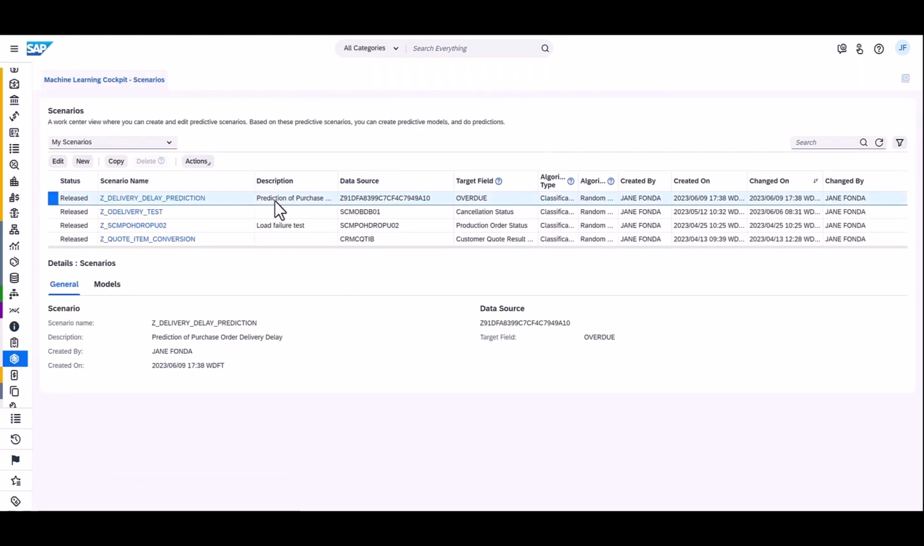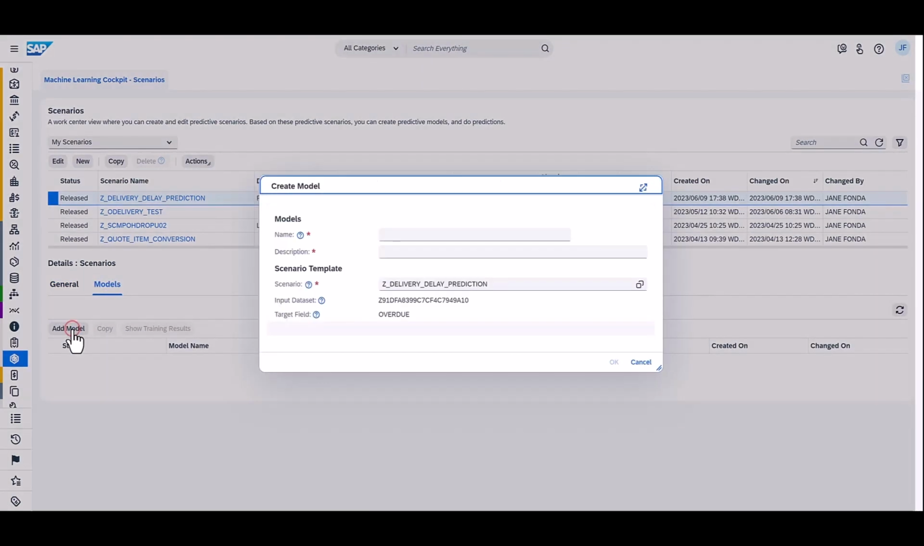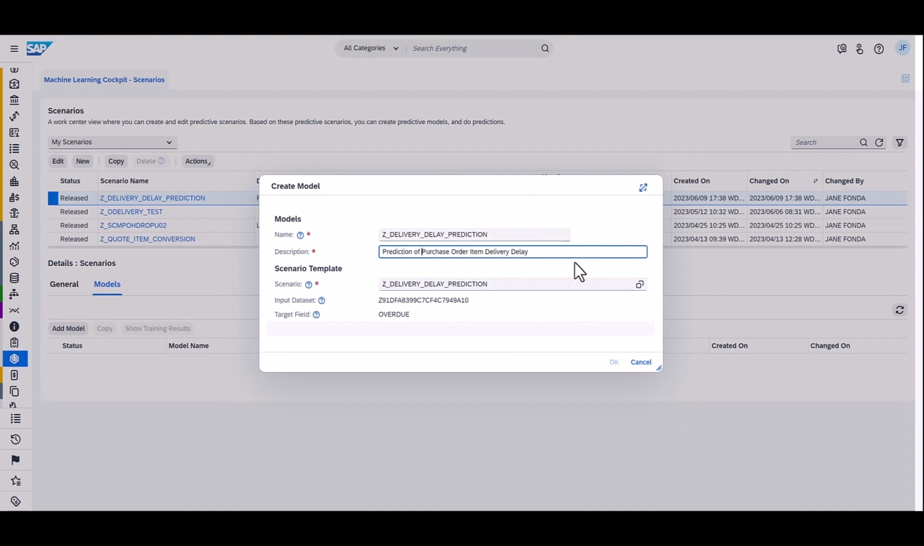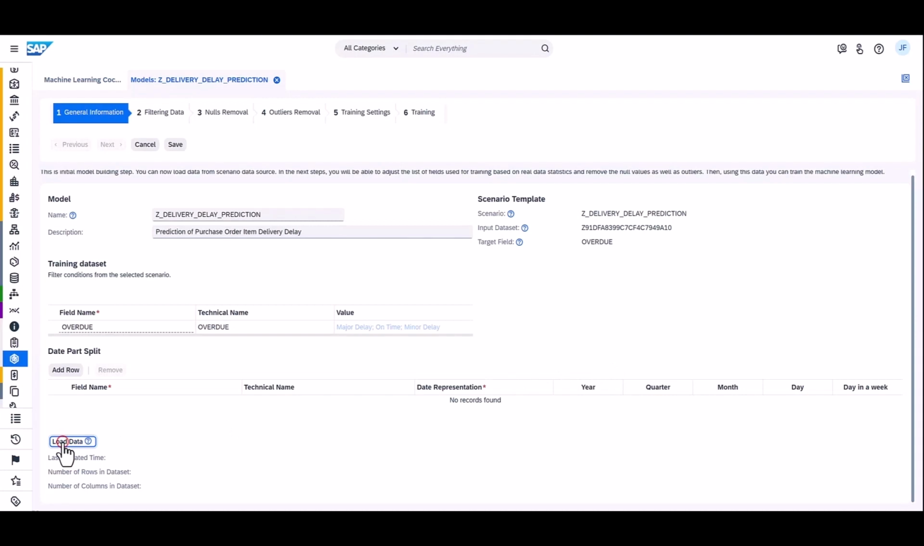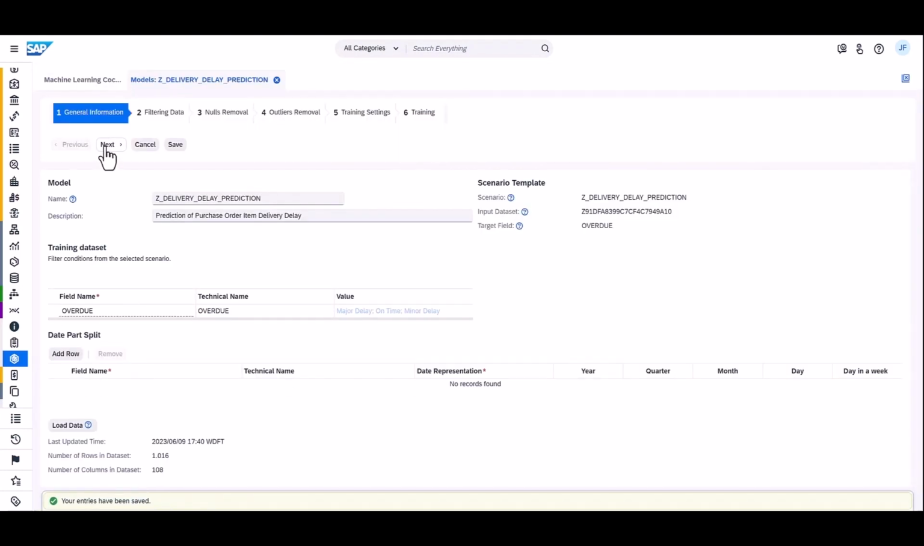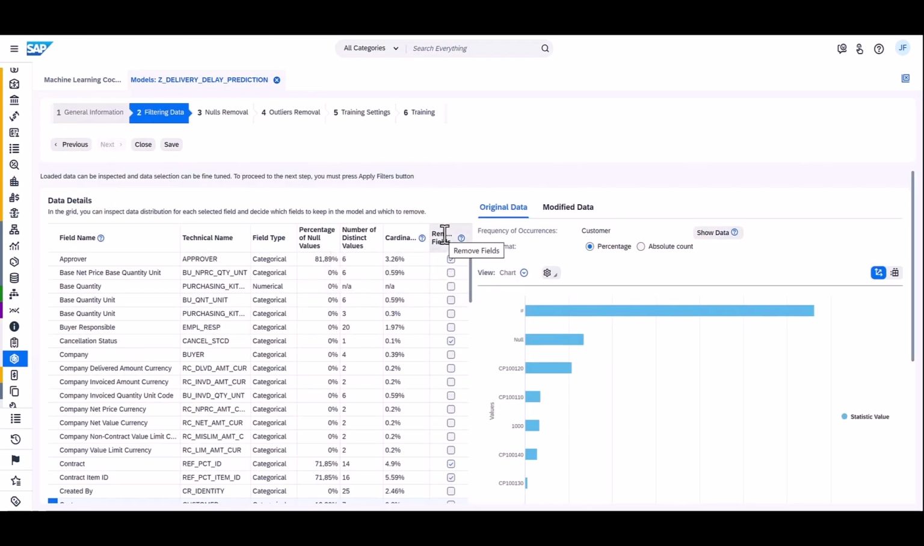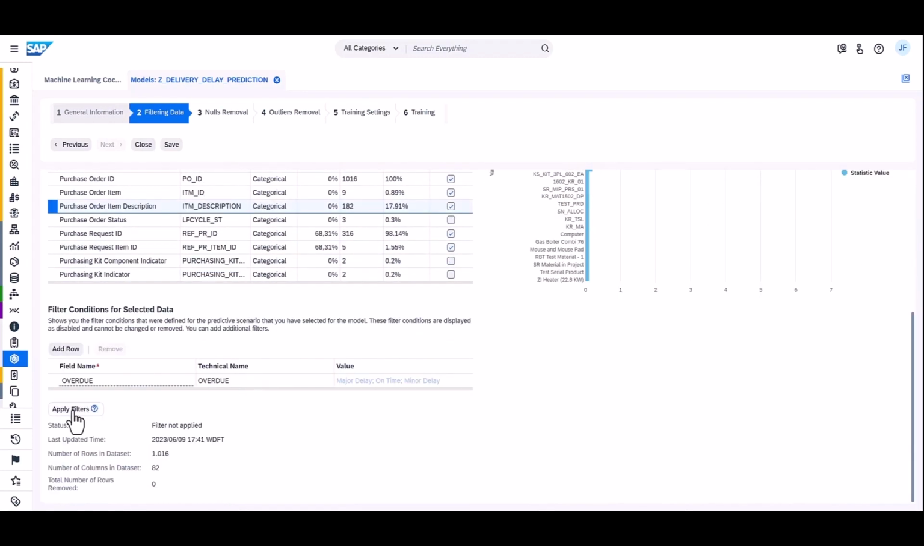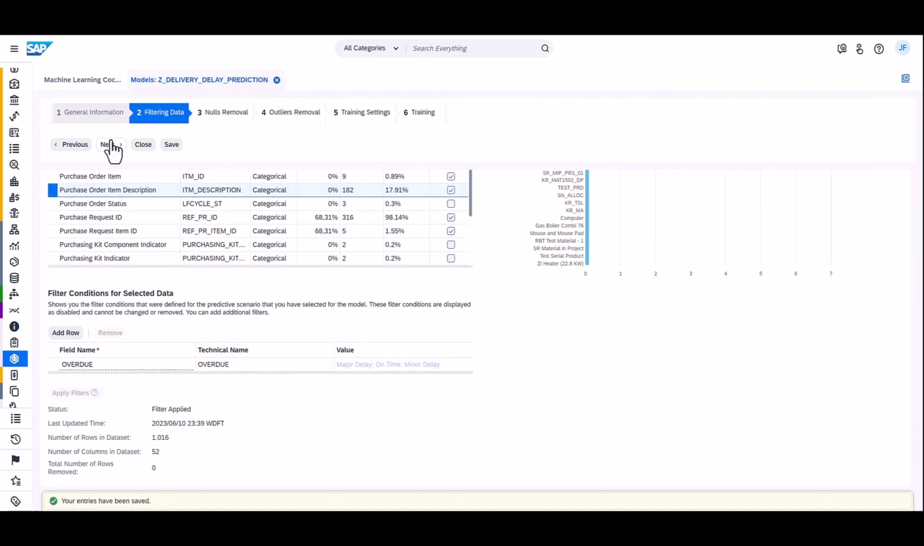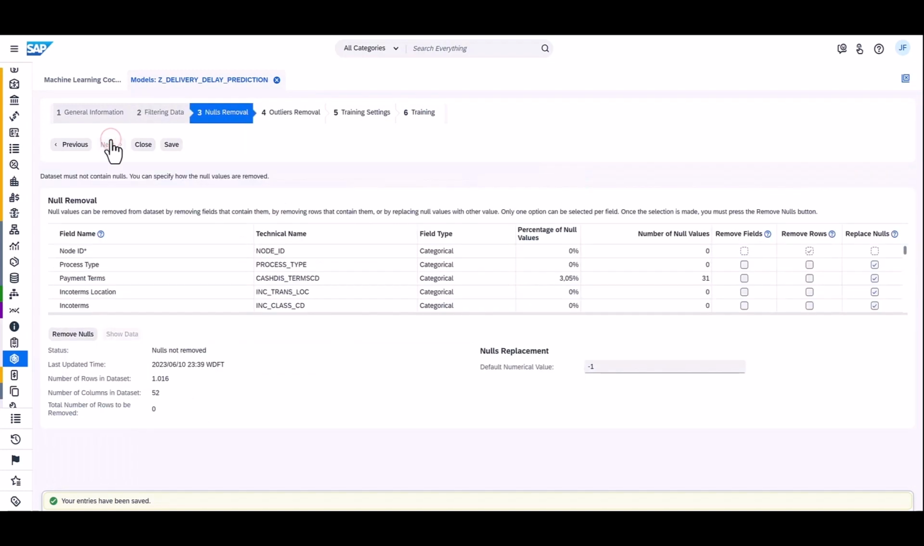As we have the scenario ready, let's select it and press the add button under the model tab. Once the data is loaded, move to the filtering data tab by selecting the next button. Here, we must decide which columns to keep based on the data distribution information provided. And let's move to the next step. In this step, we will select the remove nulls button to perform the default nulls replace operation and proceed to the next